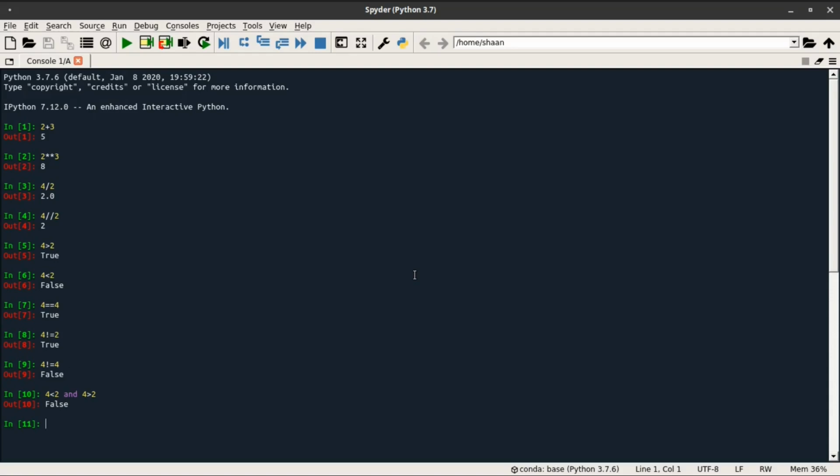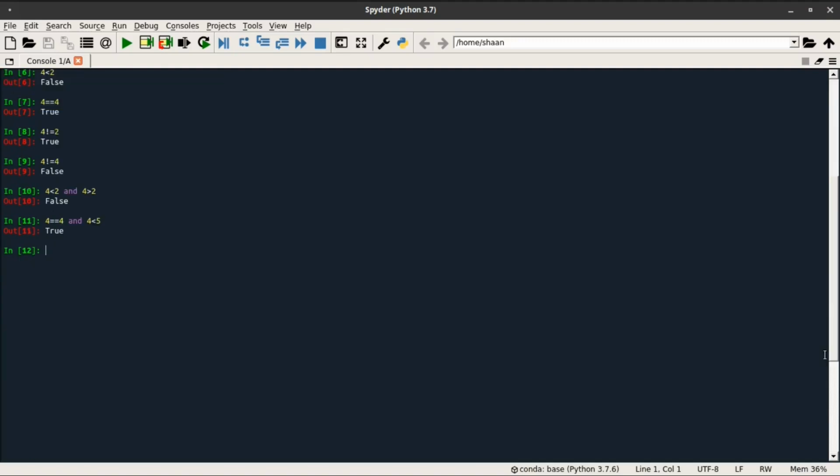Let us see another expression that uses AND. Now this expression will result to true, as both the expressions are true.